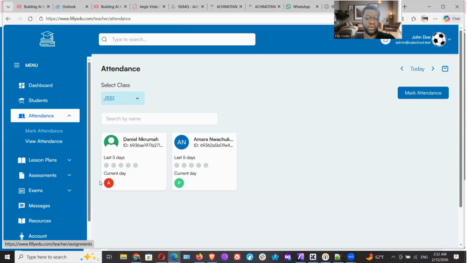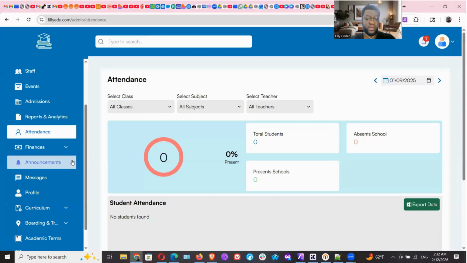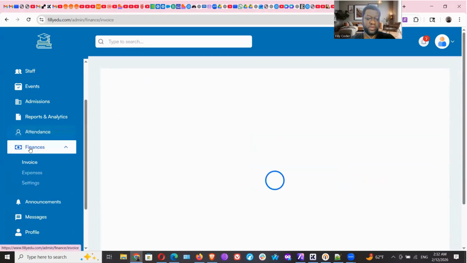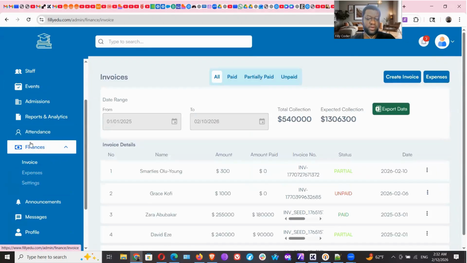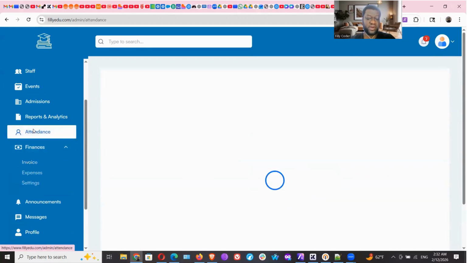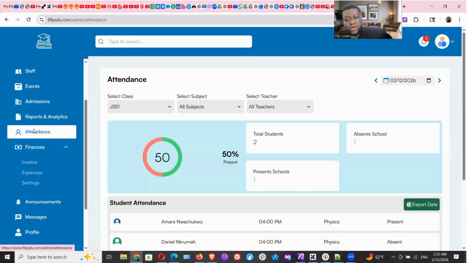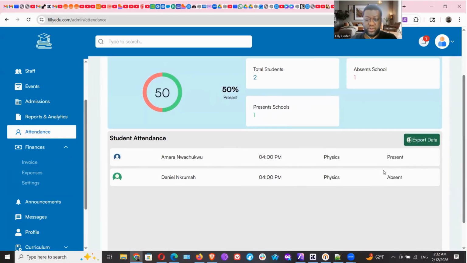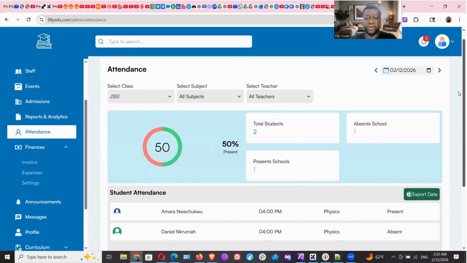So under view attendance, you'll see the summary of any attendance that has been marked. So currently I've marked one present, the other absent. So yeah, the admin will see a summary of the attendance record for the classes that have been marked. So actually, I marked one of them as present and the other as absent. So now it's changed to 50% for JSS1. And you can see the person who was present and the person who was absent. So yeah,